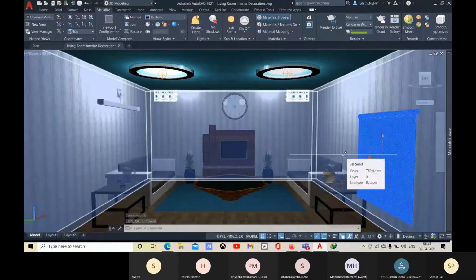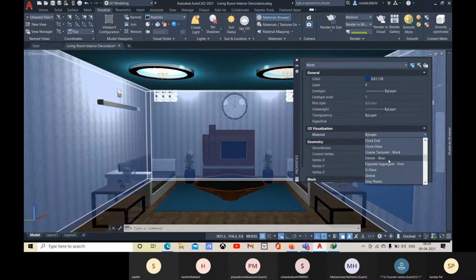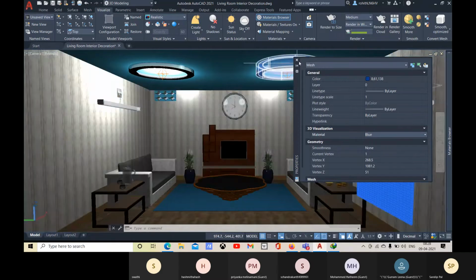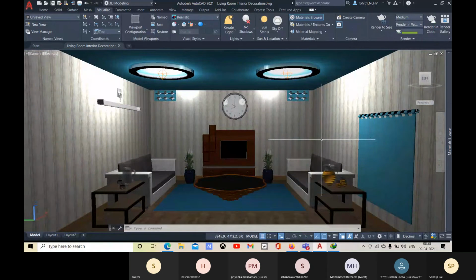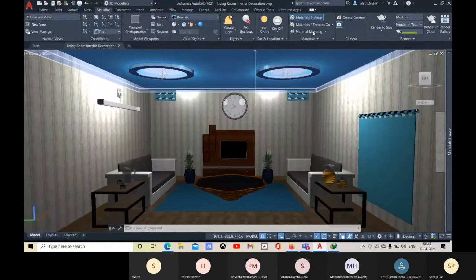Let me select this one, go for control 1, and there the material. Let me change it to that blue. So this one. Okay, so that is how we will place lights and about the shadows.